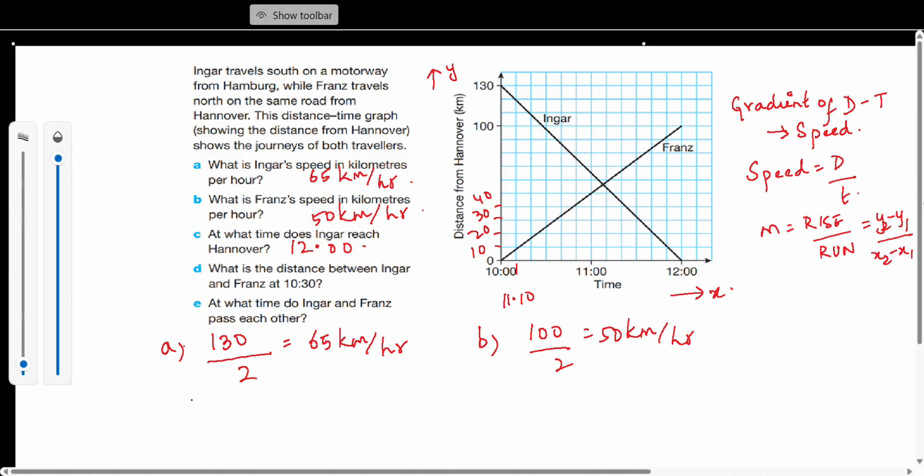What is the distance between Inga and Franz at 10:30? For questions like this, we have to get the correct point on the x-axis, go up to where it touches the graph, and along that point see what the y value is. So first let us locate 10:30 along x. If every single block is 10 minutes, 10:30 should be 1, 2, 3, halfway between 10 and 11. So now at this point, Franz is approximately 25 kilometers down. He has gone